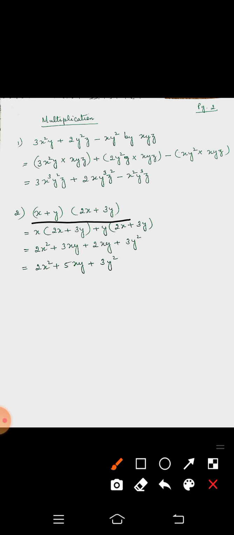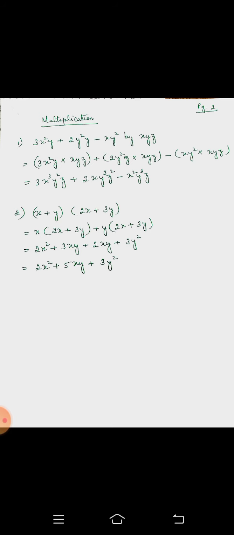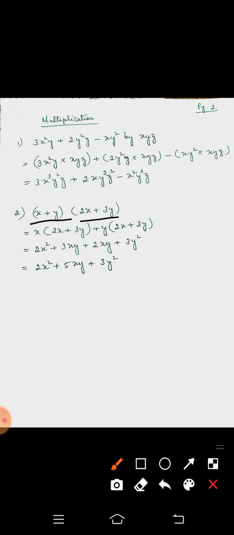Let us have another example. Here this is the question: x plus y into 2x plus 3y. Now in this case, this is to be multiplied by this. Okay, now first, with the x, the first number, you need to multiply this. It's written here x and here it is. All right, then you have the plus y, therefore plus y, the second number has to be multiplied to this number. All right, okay, now solve